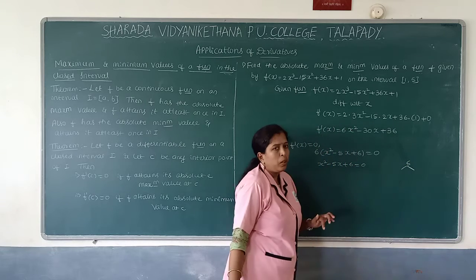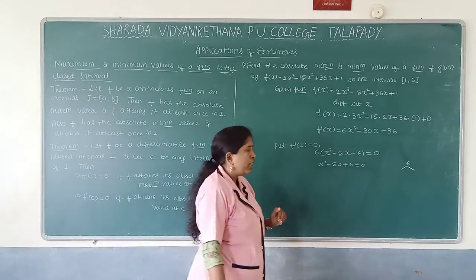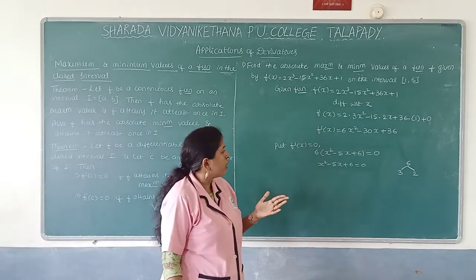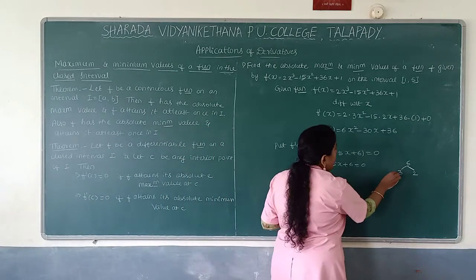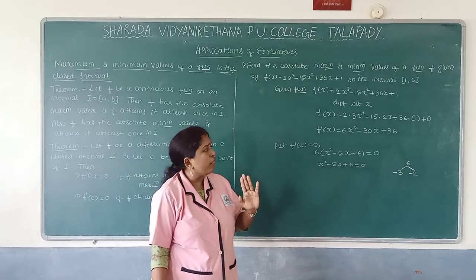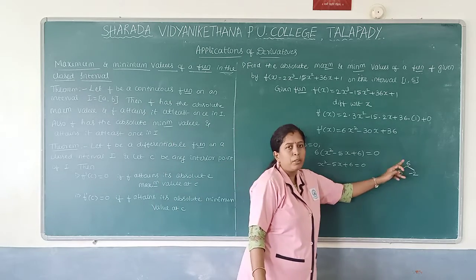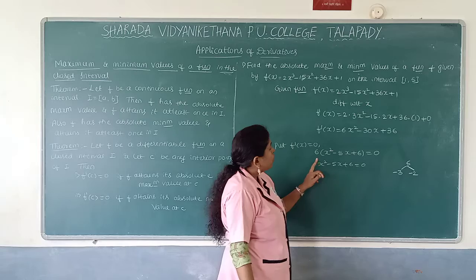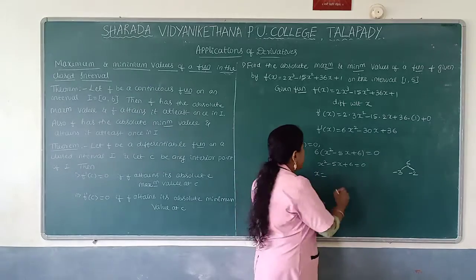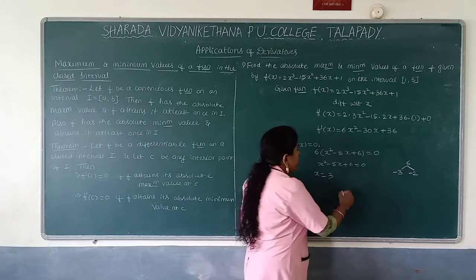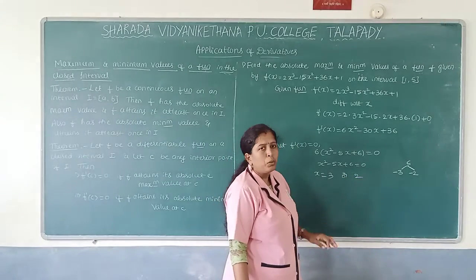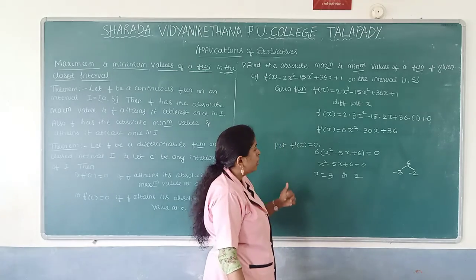Then x square coefficient is 1, constant is 6, 1 into 6 is 6. Then what are the values? If I multiply, I want the value 6, and if addition or subtraction, I want to get the value minus 5. That's why the values are minus 3 and minus 2 only, because if two values multiply I want to get the value 6. So minus 3 into minus 2 value is 6. Then when the x square coefficient is 1, how to write the roots directly? x is equal to, if it is minus 3, we should write the value directly plus 3. If it is minus 2, we should write the value plus 2. This is the direct method to write the roots when the equation is a quadratic equation with x square coefficient 1.